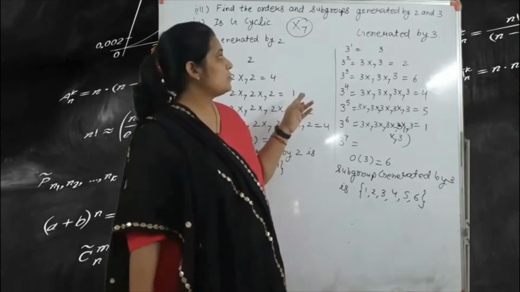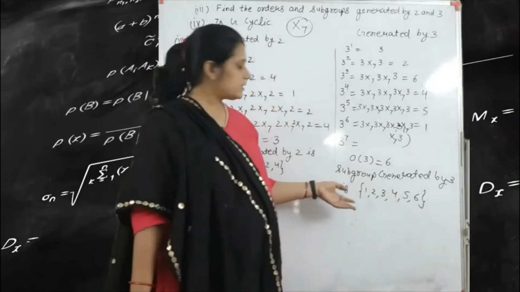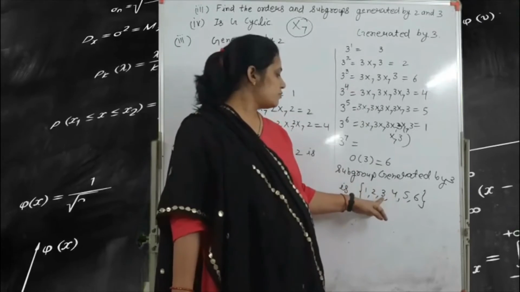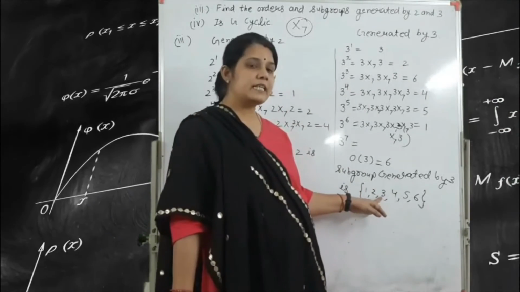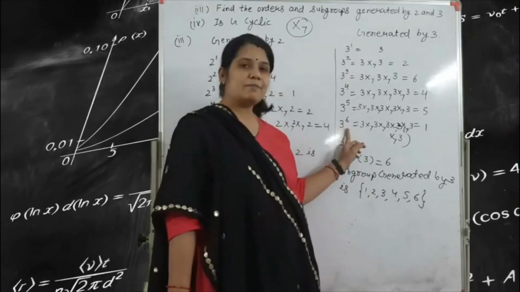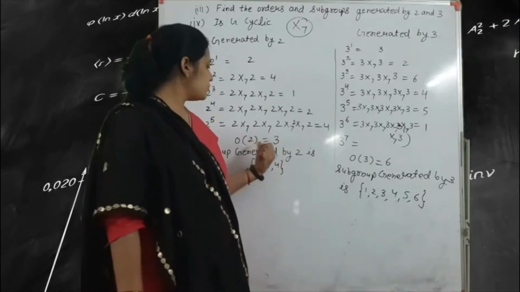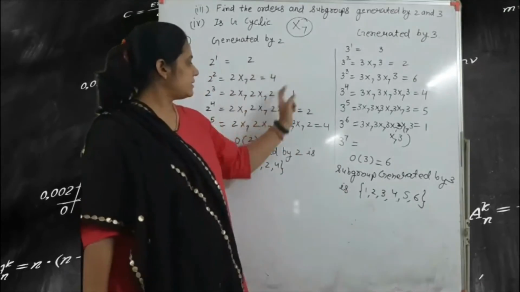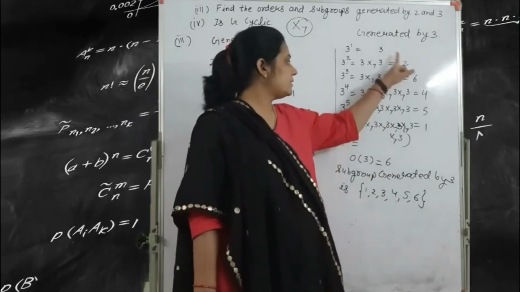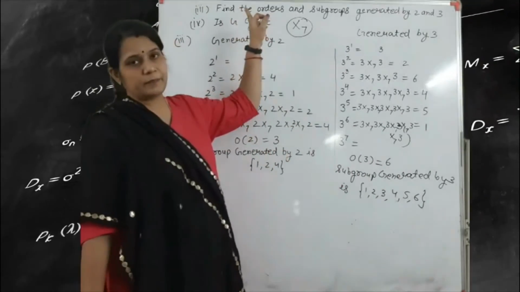According to the sequence, if 3 is raised to the power 4, we get 4, it's okay. But 3 raised to the power 2 gives 2. 3 raised to the power 3, we have the sixth number. Okay, but here we write the 3 numbers, so don't be confused here. Here this sequence is compulsory and here this sequence is compulsory. Okay, so the subgroup generated by 2, you write 1, 2, 4, different numbers, and the subgroup generated by 3, you write 1, 2, 3, 4, 5, 6. Okay, so this is the answer to the third question.